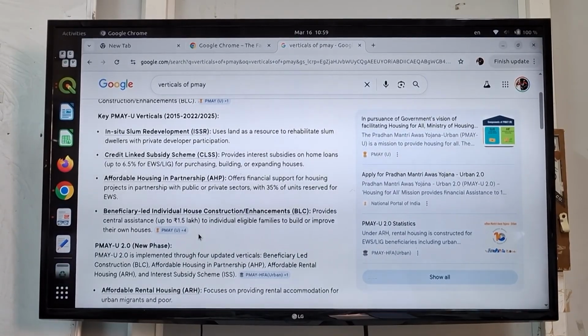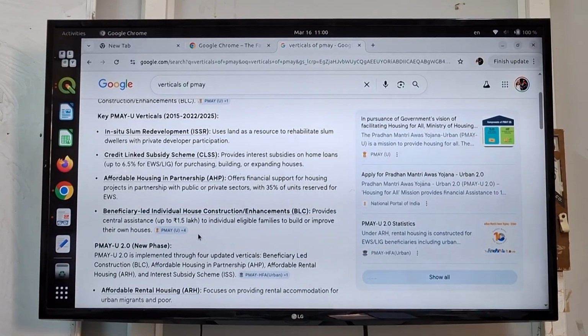Of course, not a single bank provides any credit subsidy to any EWS. This is for the heck of saying it, but it avails middle class people benefit generally from it. Affordable housing in partnership is essentially construction of multi-story condominium units like the G+4, G+5, that thing. So it's kind of like public multi-storied housing, affordable housing